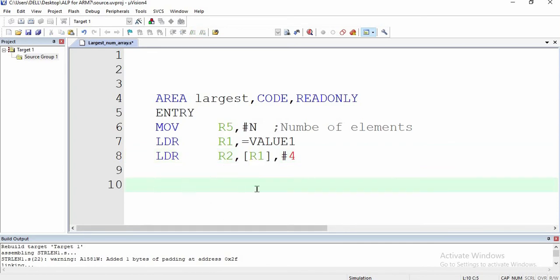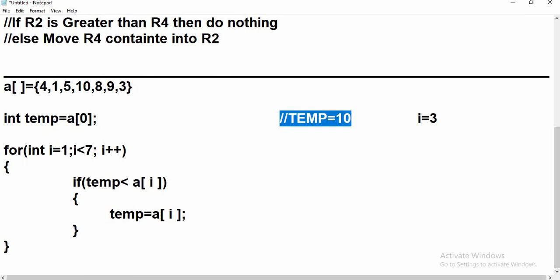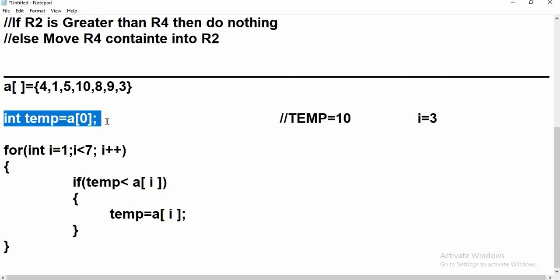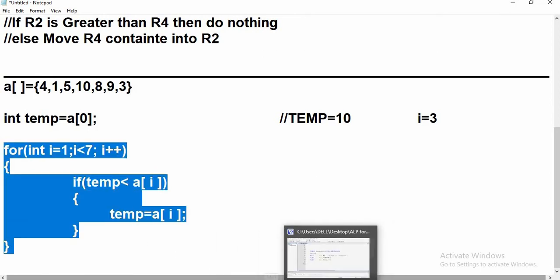After this we have a loop. Let me show you the C code. You can see that we have done till here and we have declared the temporary variable, that is R2, and after this we have a loop. For the loop we are going to use branch instructions.